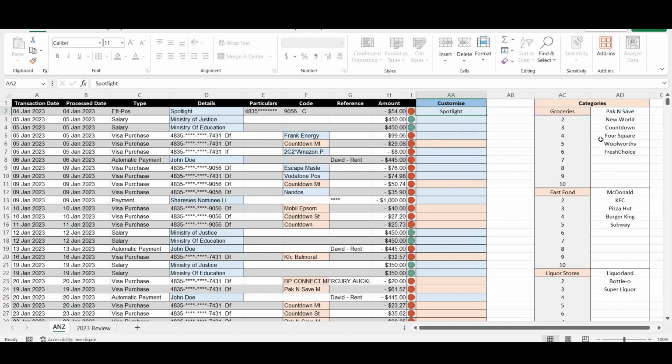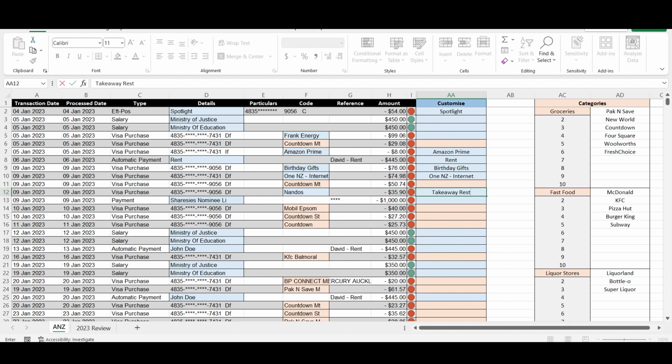Next, this is coming up as orange because it's telling me it's already been categorized. So if we have a look here, Countdown has been categorized into groceries, so I'm not going to change it. You can change it if you want to, but I don't know why you would. Next, this is how Amazon Prime charges appear. I don't like that. I wanted to just say Amazon Prime, so I'm going to type that here. Change John Doe to rent, and this Escape Master thing was a birthday gift for a nephew, so I'm going to write birthday gift. Vodafone, I wanted to say one instead internet, and Nando's, I actually wanted to say